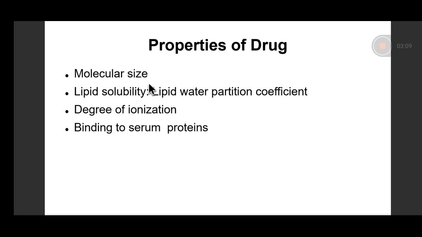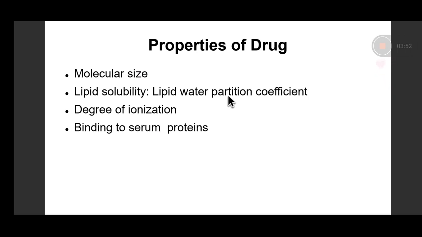So drug molecules with the smaller molecular weight can cross the membranes, while the larger ones would not be able to cross the biological membrane, and they would require special mechanisms which would enable the drug to move across the membranes. For example, pinocytosis, phagocytosis, transcytosis, maybe facilitated drug transfer or active transfer, etc. So molecular size, very important. Molecules of 100 to 200 Dalton can move with the bulk flow of water across membranes. They can move through the intercellular gaps in between the cells.